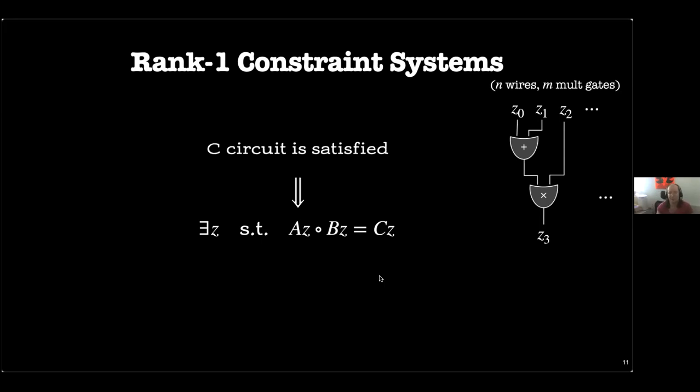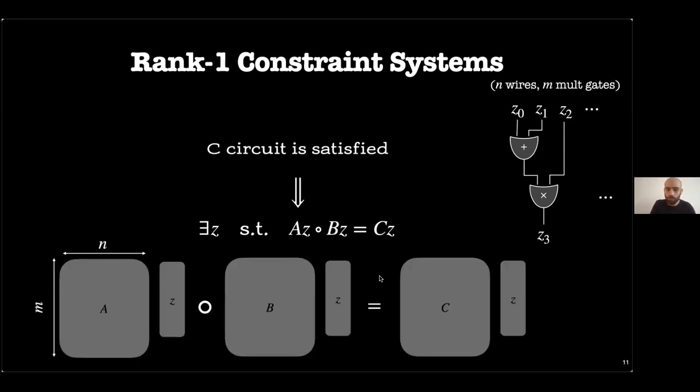And yeah, so what do I mean by this? If I have an arithmetic circuit, what does it mean, arithmetic circuit? I have addition and multiplication over field elements. I have n wires and m gates. Then it is possible to build matrices, again, A, B, and C. Those dimensions will depend on the number of wires and gates, such that